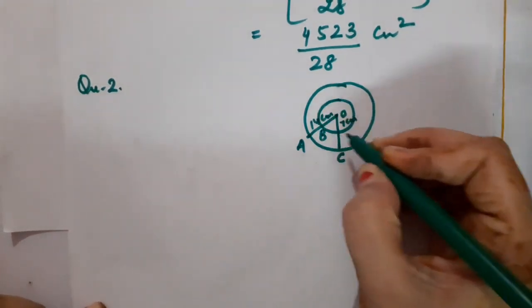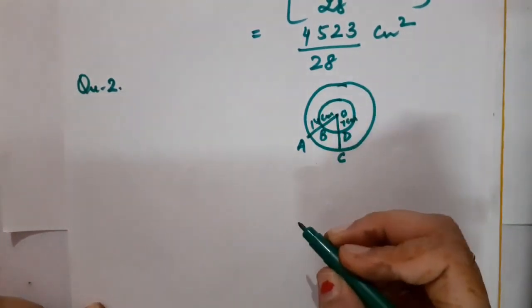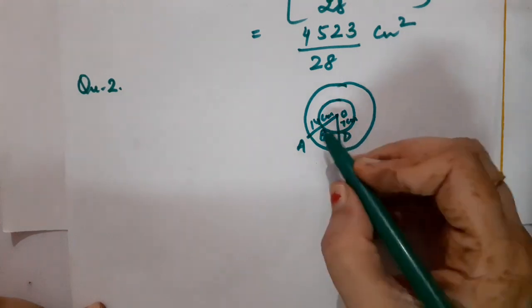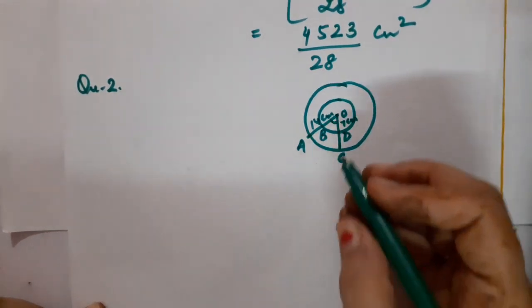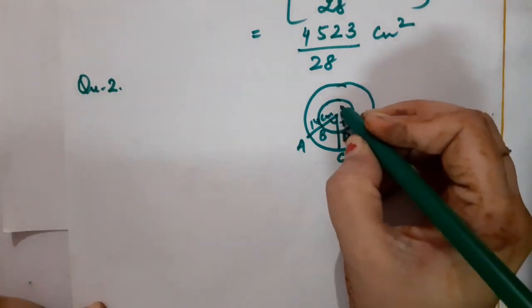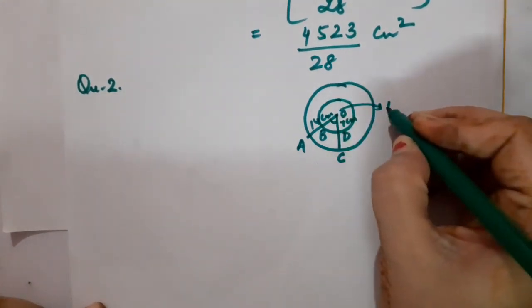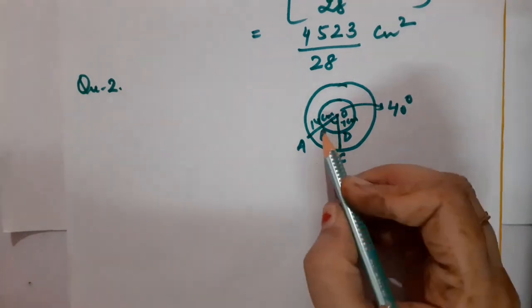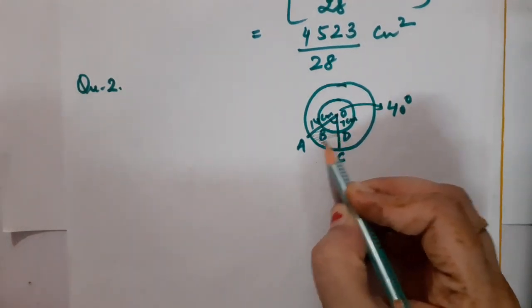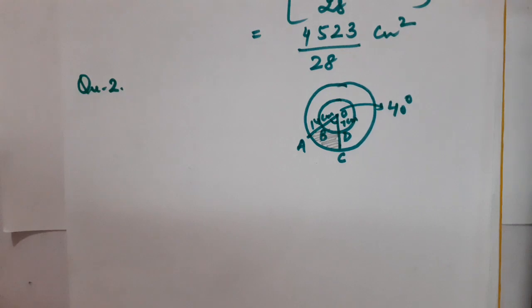Here the names are also given, that is A, C. Here also names are given B and D. Okay, what else is given? That angle AOC, this angle is of 40 degree. Here I am writing 40 degree, or you can write outside also. 40 degree angle is given. Means the center angle is of 40 degree. Children, you are going to calculate the area of the shaded region. Let me shade it. This is shaded region.